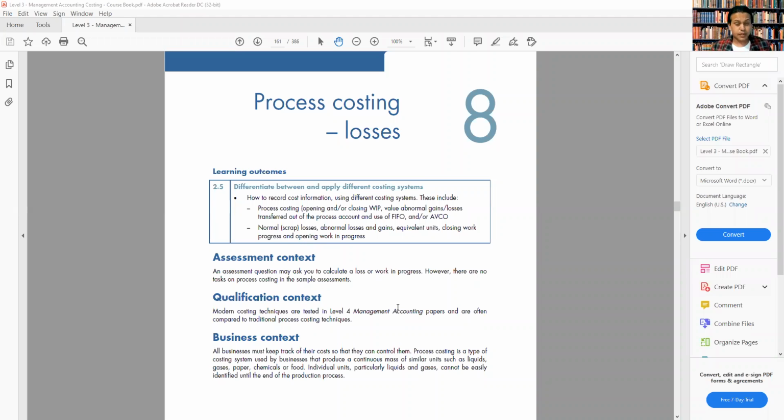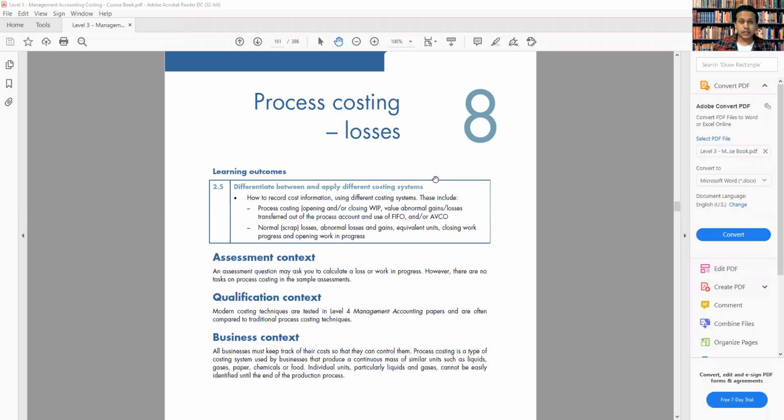So welcome to the lesson for management accounting costing. And today we're going to start from chapter number 8. In this chapter we have process costing. Now, process costing is a very new thing to us. And in the exam, normally we see a question from this chapter,